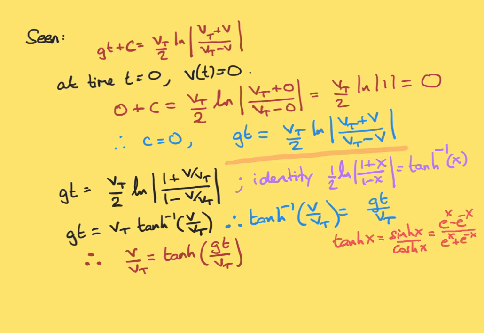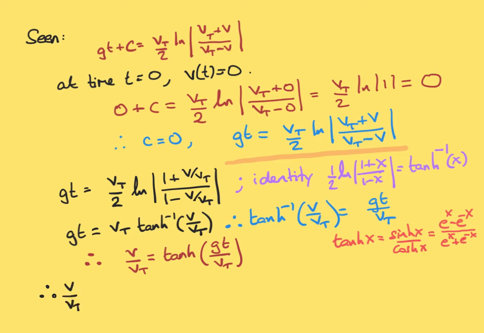So that means that I can rewrite this in this way with x being gt over vt. So what we obtain is v, the speed,